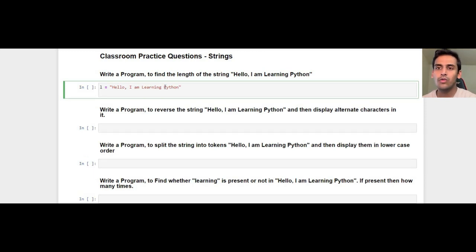Now in order to find the length of a string, or count the number of characters in a string, we can use the function called len, L-E-N. This function will tell me how many characters there are in a string. One important thing is that when it's counting the number of characters, it will also count the spaces in between them, for example the space between I and am, or between am and learning, or between learning and Python, and